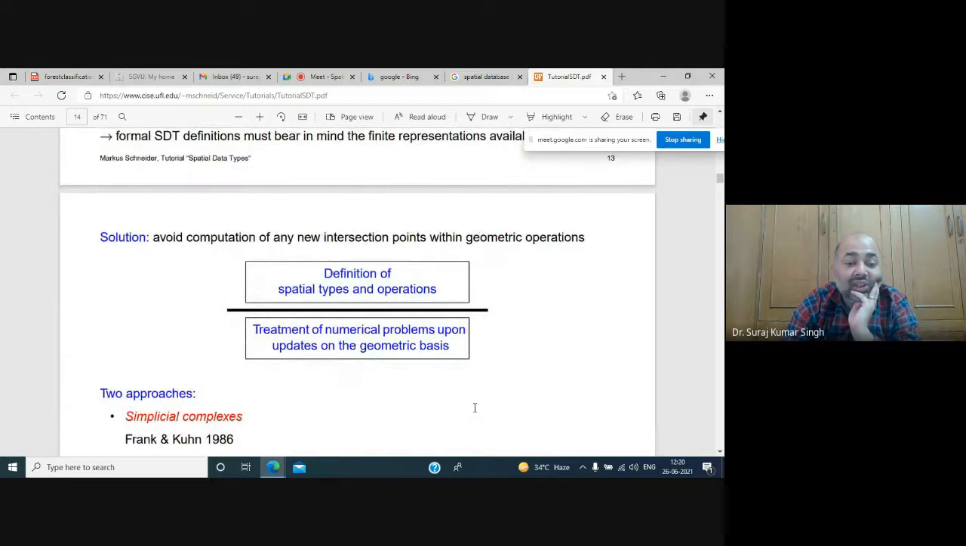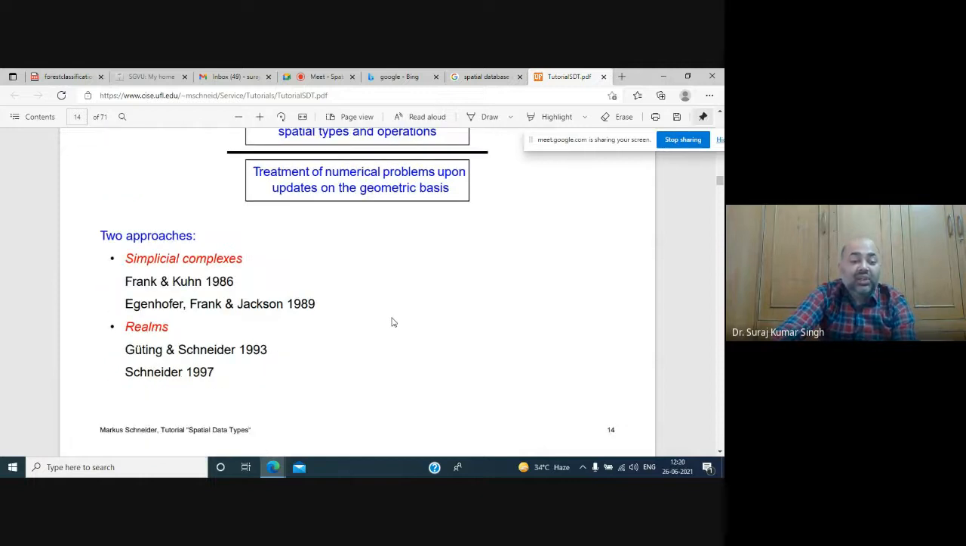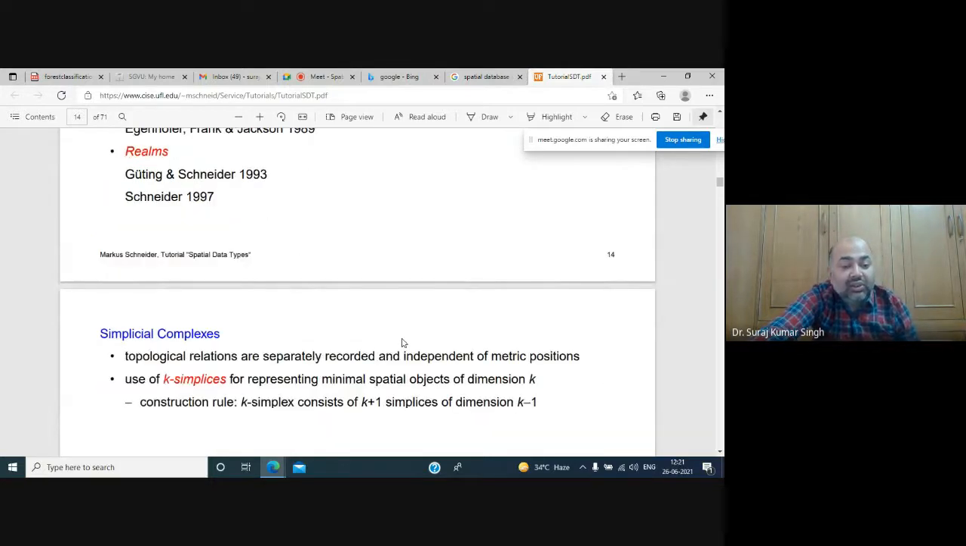So to avoid the computation of new intersection points with geometric operations, first you have to define the spatial types and operations, and second is the treatment of those numerical problems upon updates on geometrical basis. So there are two different approaches that generally we apply whenever we are talking about spatial data types and modeling. One is simplicial complexes and the next one is realms. So we'll go, okay, what is